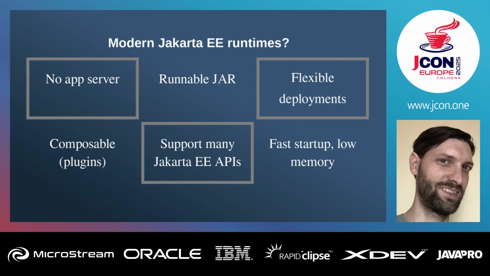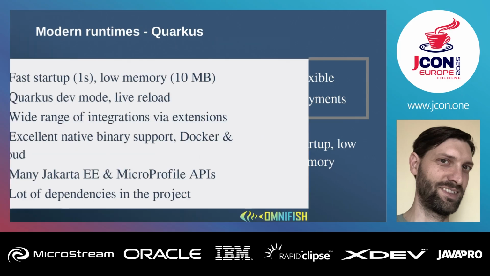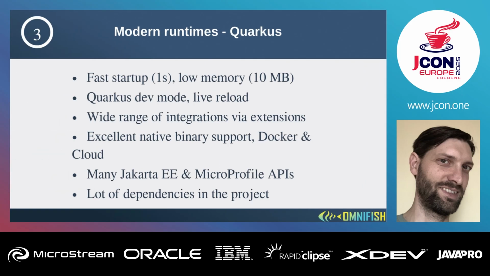Usually it's a runnable jar or something close to it, so you build your application and you can directly run the end result from the command line. And they are optimized for fast startup time and low memory footprint. Most of them even support GraalVM native compilation, so you can compile them to a binary if you want extremely fast startup times. And one example is Quarkus,